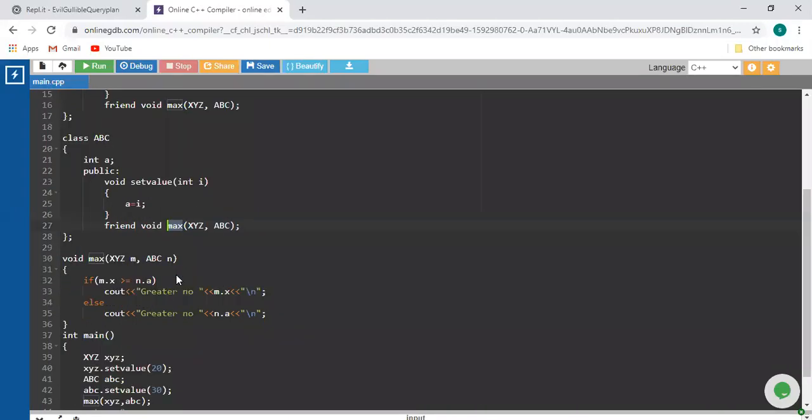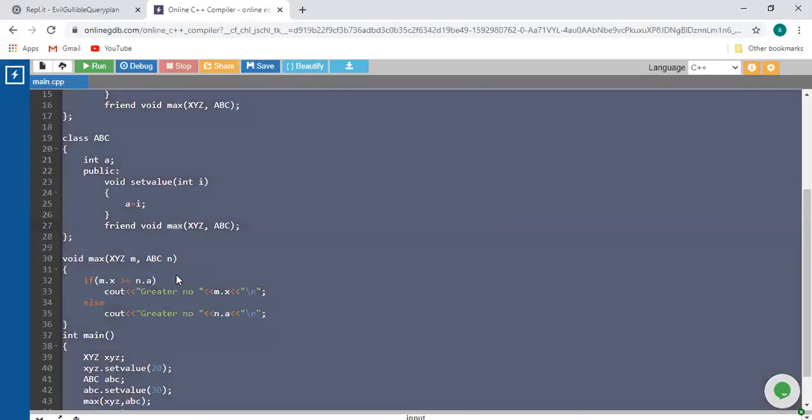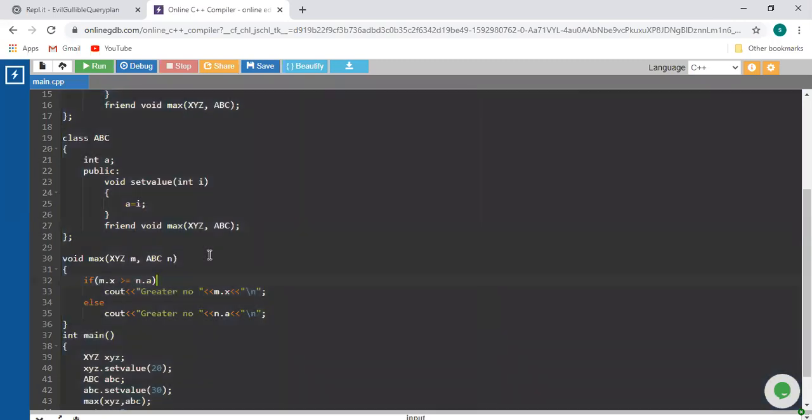Okay, so in this manner we are going to use a friend function inside a single class as a friend function, and inside two different classes as a common function, meaning it will work as a friend function for both these classes. Okay, you got the idea? Yes sir. How a friend function works with respect to a single class as well as with respect to two different classes, meaning how it is common or how it works with respect to both the classes. Yes, sir.